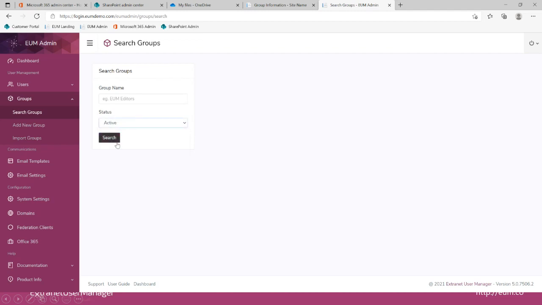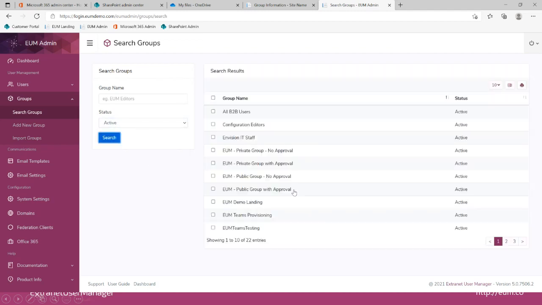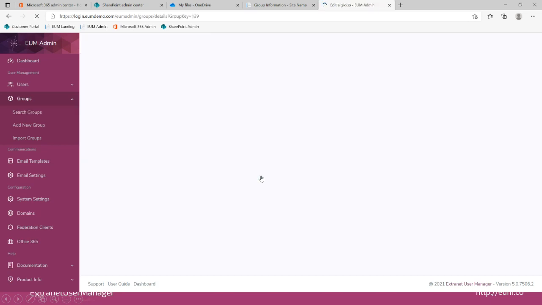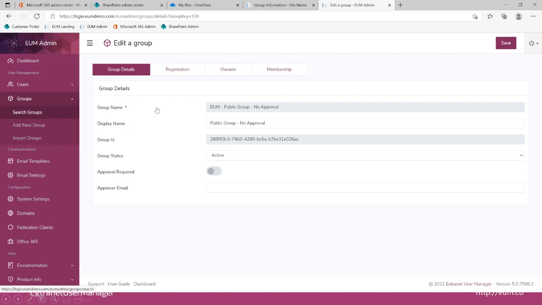Maybe I just want to get active groups. There's that public group, no approval, that we're just looking at. So everything in Extranet User Manager is in Azure Active Directory under the hood. So when we're talking about groups here, these are absolutely Azure AD security groups, but you can extend it with